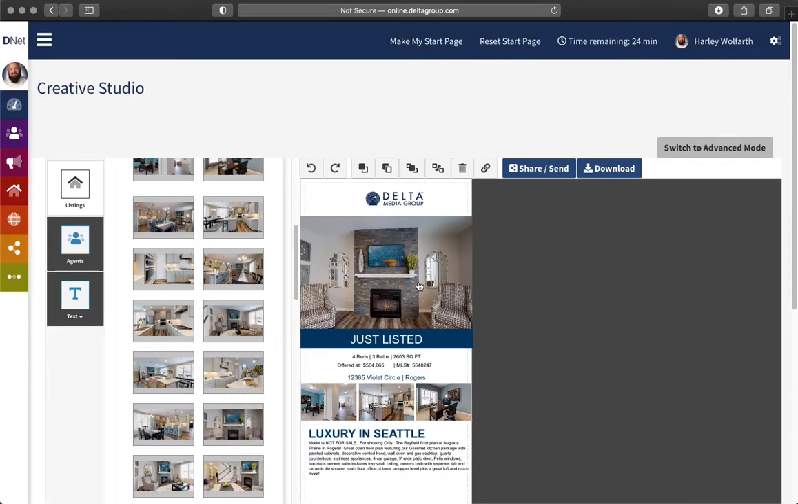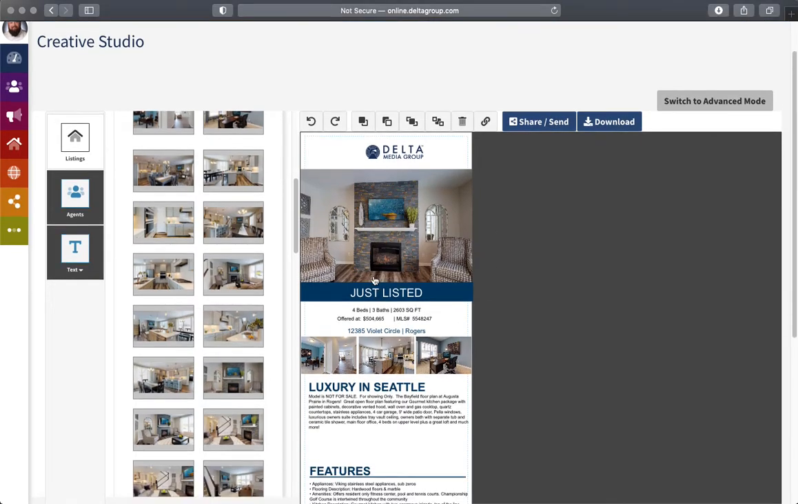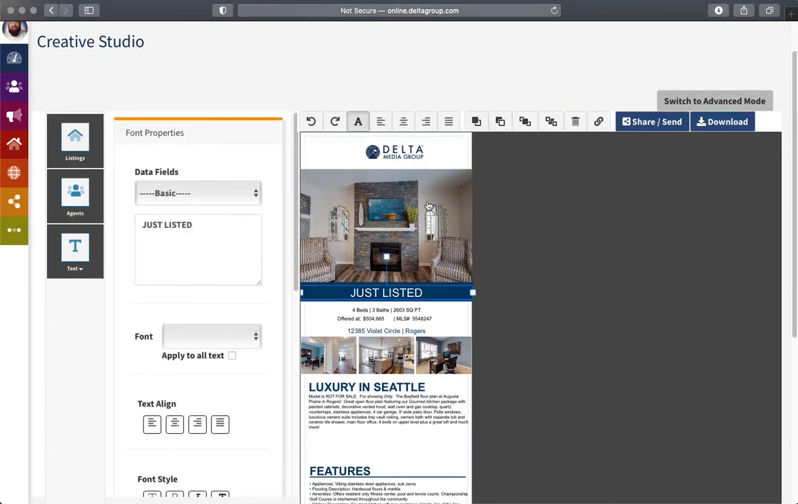I like fireplaces, we'll make that the main one. Who doesn't love a good fireplace? So there you go. Now if I want to modify anything specific on this template, so if I go down